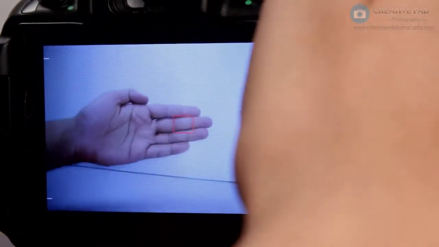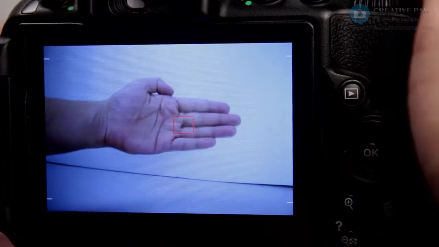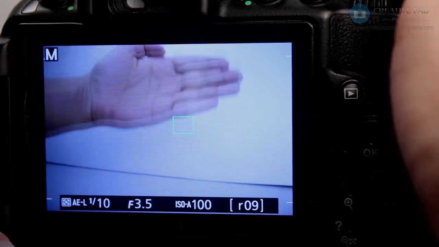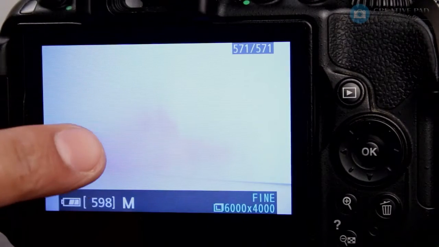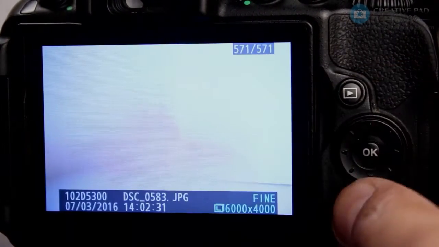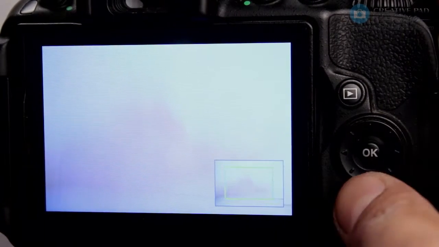So switch back to live view, put your hand in front of you just like we did in the last shot and lock focus on it, and then keep moving it in a waving fashion and then take a shot. This time you'll notice when the shot comes out that your hand is just a blur. Let's just have a look at it again. You can see the hand appears to be a blur.